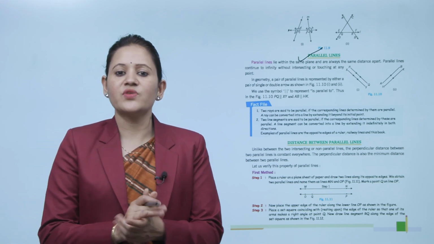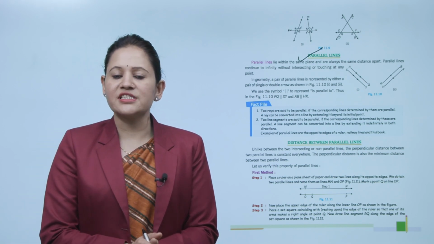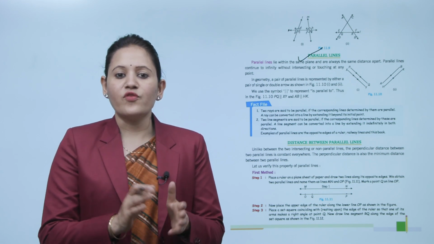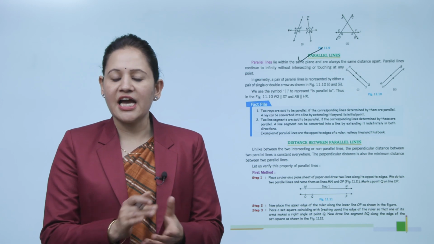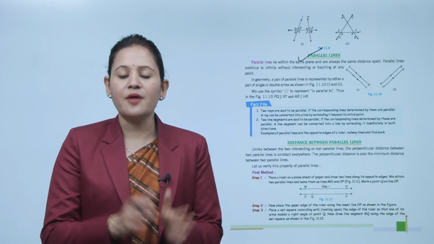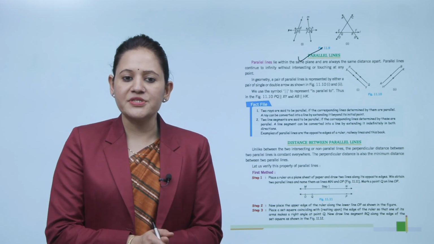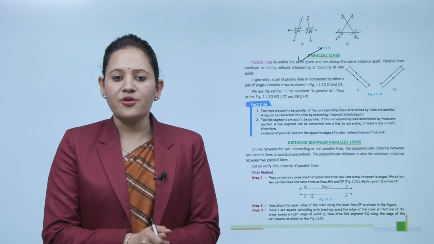Parallel lines lie within the same plane and are always the same distance apart. Parallel lines continue to infinity without intersecting or touching at any point. In geometry, a pair of parallel lines is represented by either a pair of single or double arrows as shown